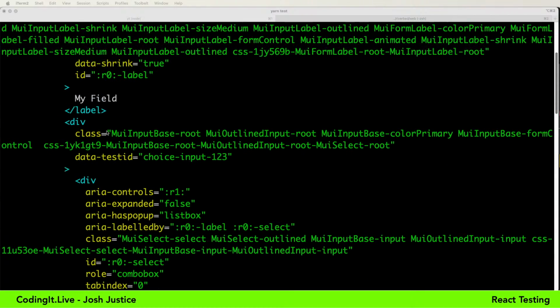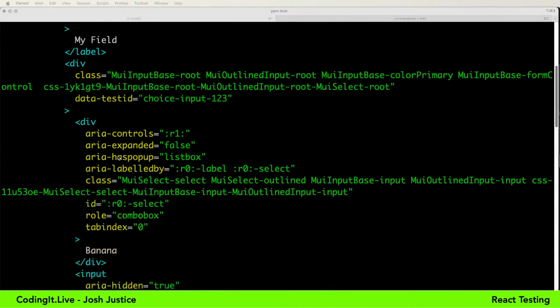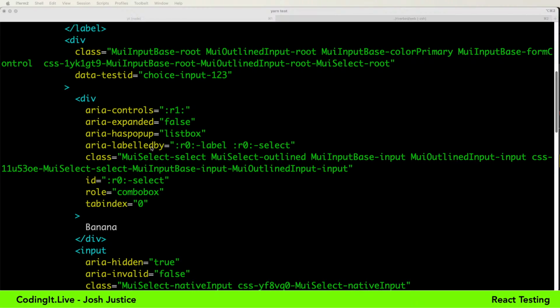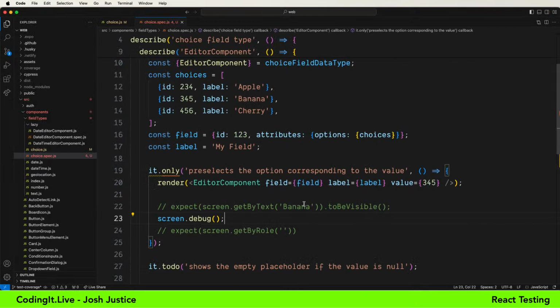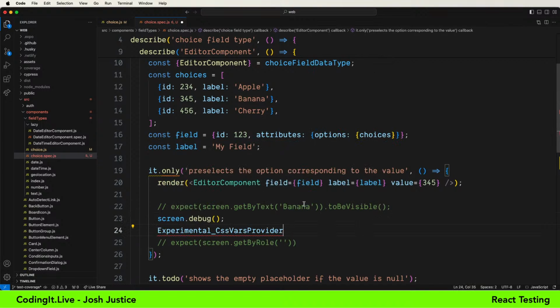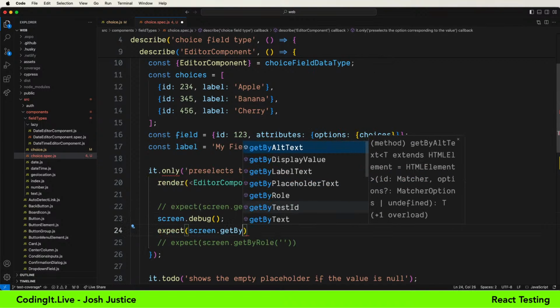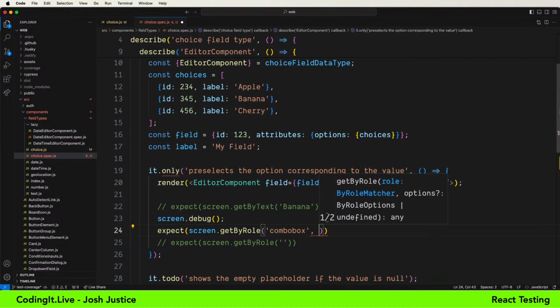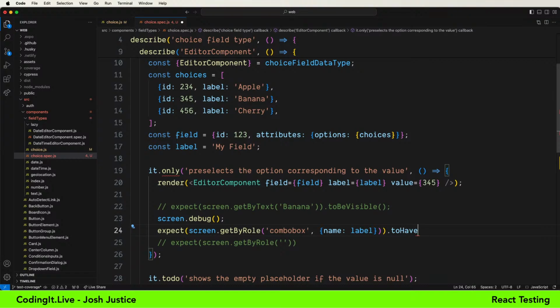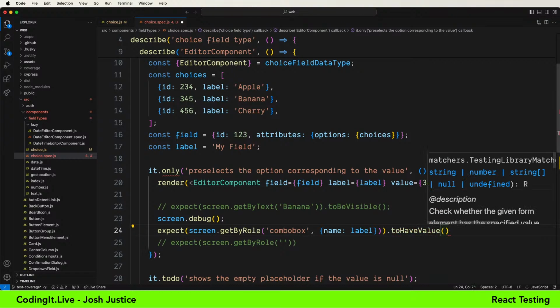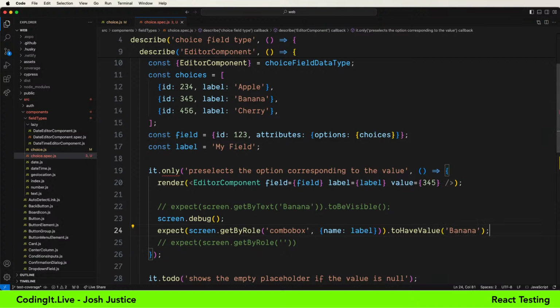Yeah, so we have my field. So this is an element. This is a, what is it called? Aria role combo box. Okay, great. So we're going to say expect screen get by role combo box name label to have value, I think, maybe banana.